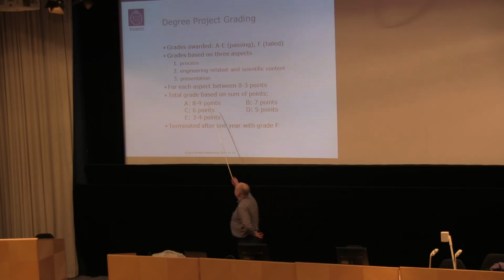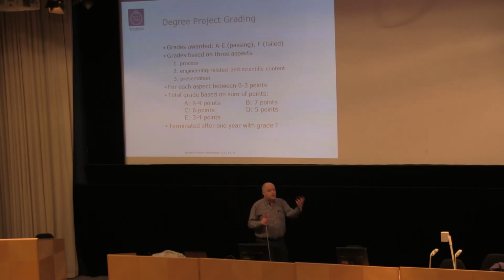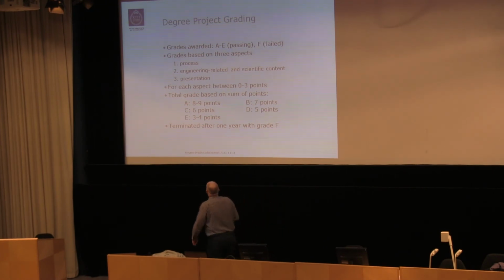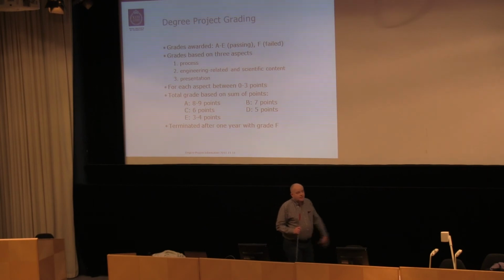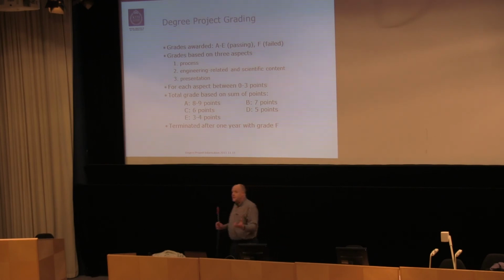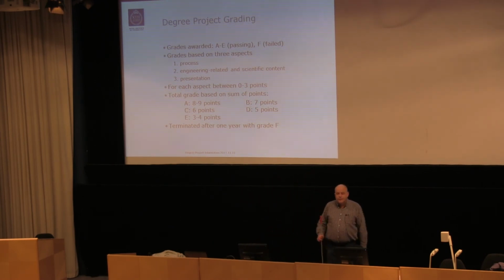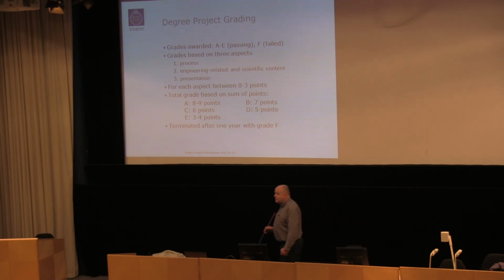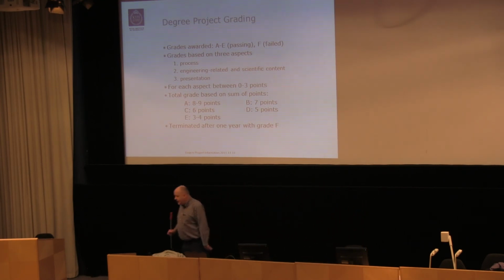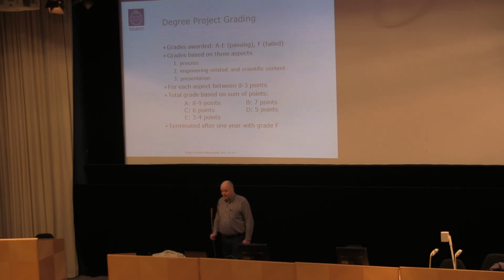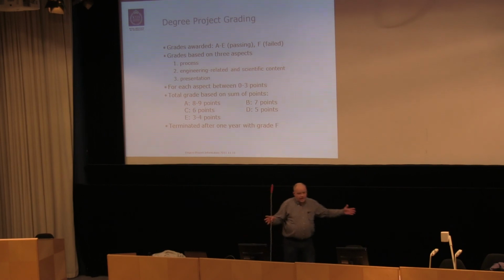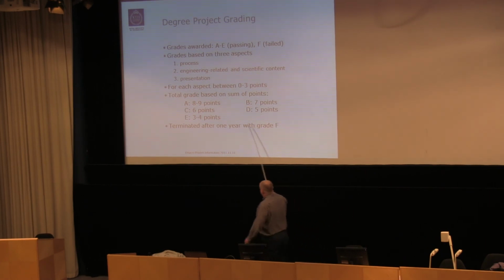One is the process, the process used, or how you work on your degree project. The second one is the actual scientific or engineering related content. And the third one is the presentation of your results. And for each of these 3 aspects, you will be awarded between 0 and 3 points. If you score 0 in any of these aspects, the thesis work is failed. And otherwise, you sum it up, you get a number between 0 and 9. And depending on the sum,